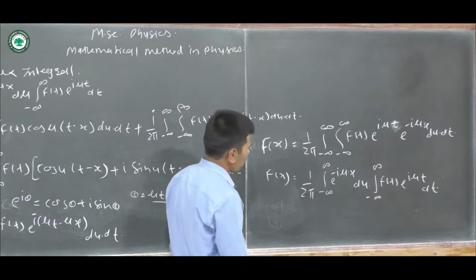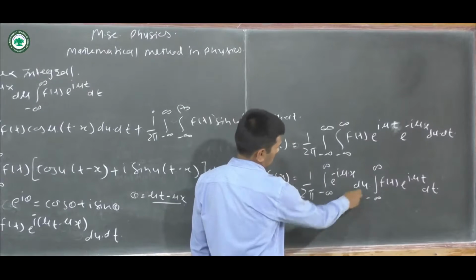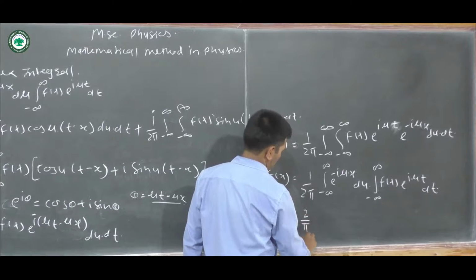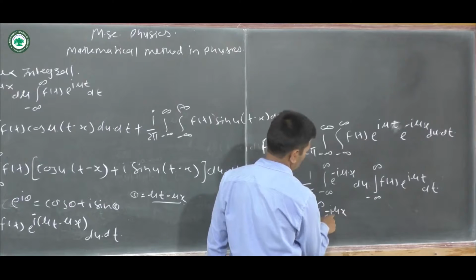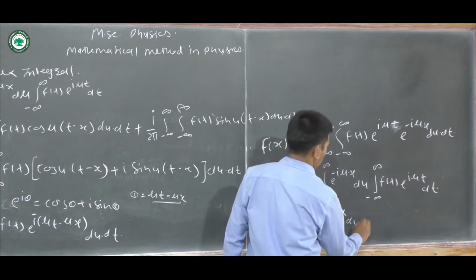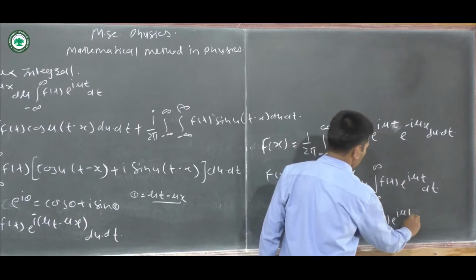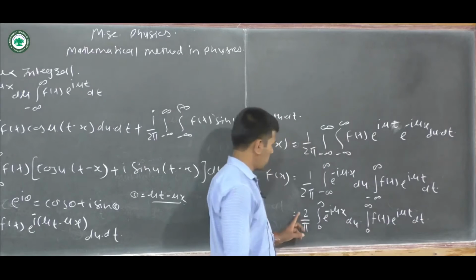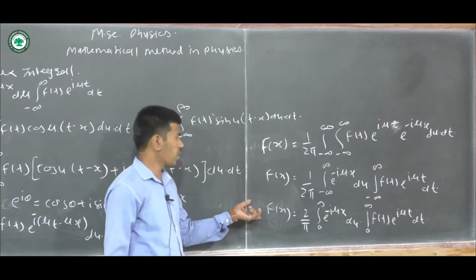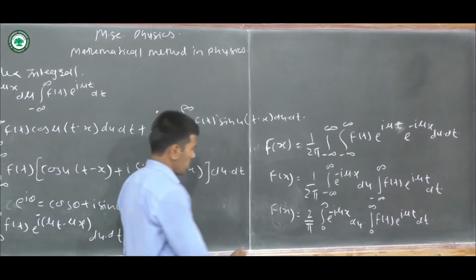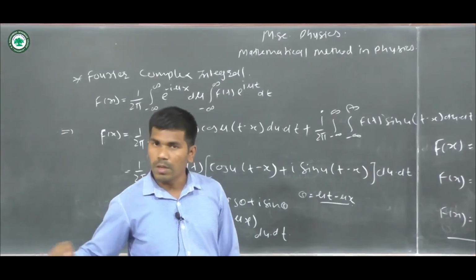Also, if we change this limit to 0 to infinity, then it is 2/π ∫ from 0 to ∞ e^(−iux) du times ∫ from 0 to ∞ f(t) e^(iut) dt. So this is another mathematical expression for the complex form of the Fourier integral. So let's stop here. Next lecture we will discuss